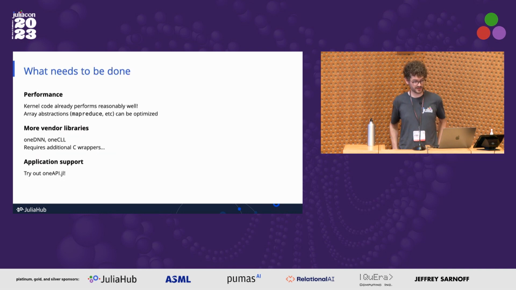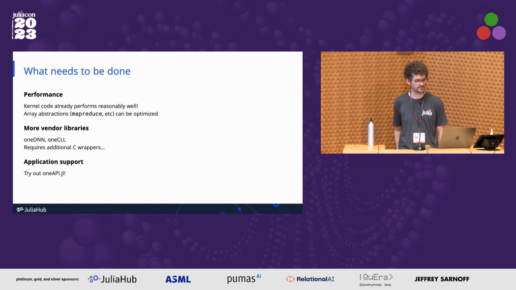So going forward, as I've shown with the kernel abstraction slide, kernel code already performs reasonably well, but the array abstractions need to be optimized, because many of these were developed for CUDA.jl, and even though we've ported them to the other backends, that doesn't mean that, for example, the launch configuration or the hardware features that we use are optimal for this platform. So specifically, for example, the MapReduce kernel is pretty slow and should be optimized for oneAPI